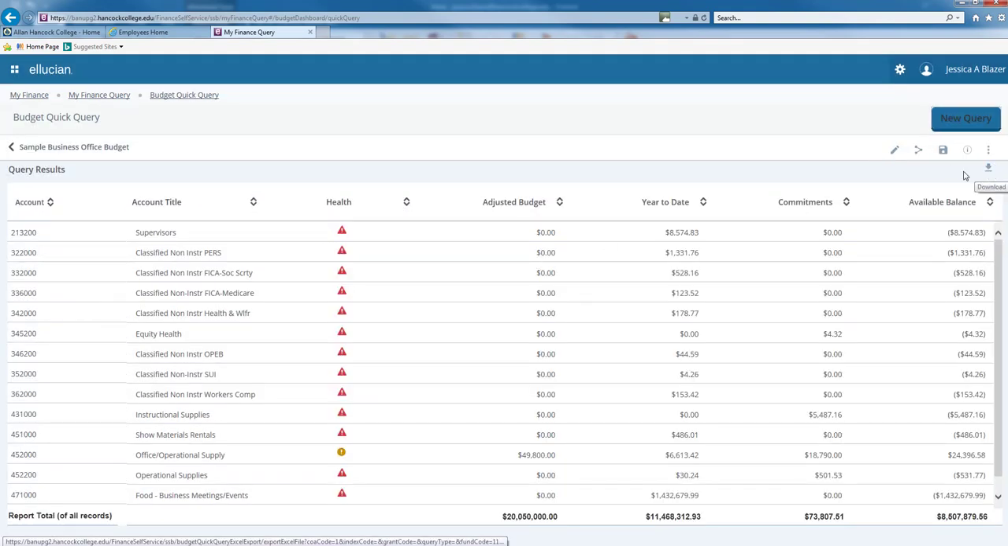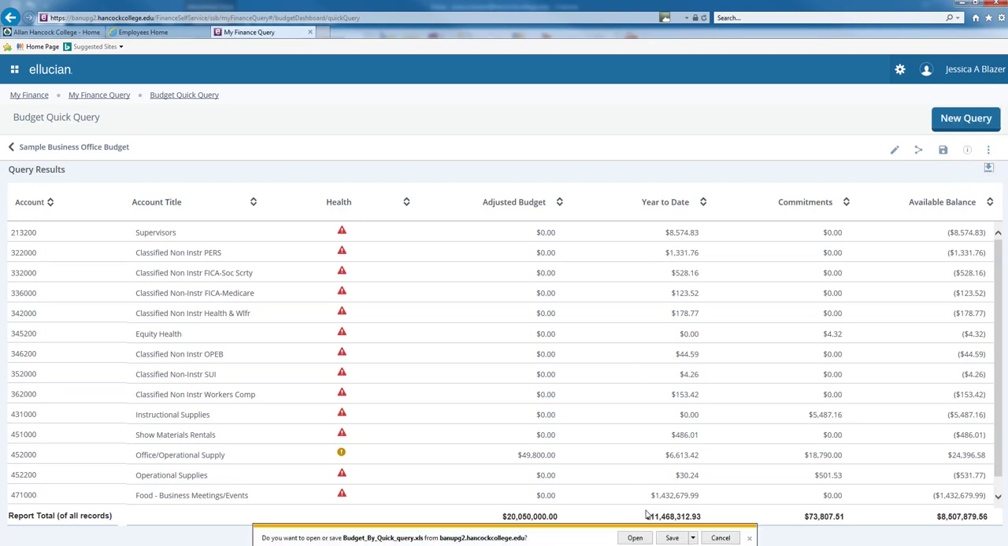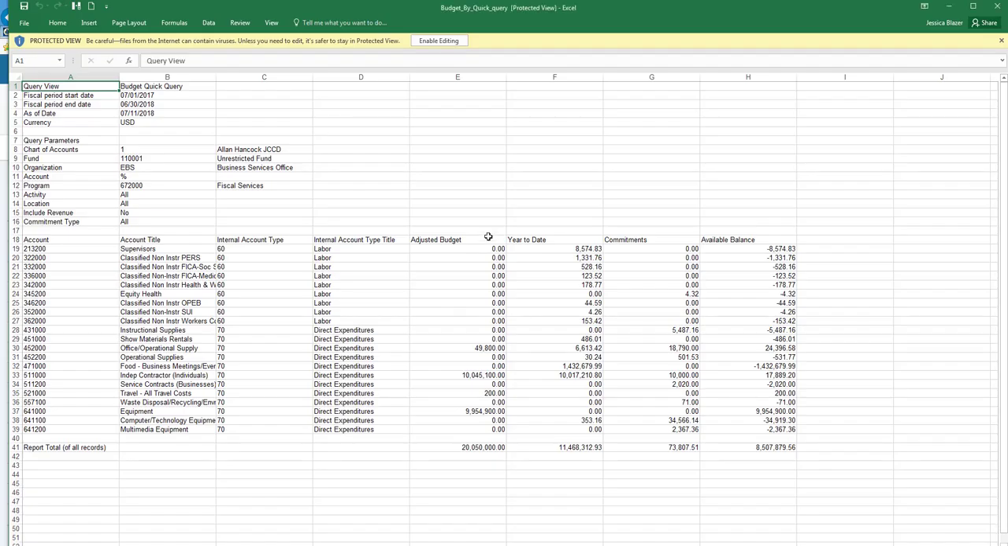If you need help walking through to create a new query, we have videos and written instructions on the Banner Finance portal page. Once you've pulled up your report, select the download button in the upper right corner. You'll be prompted to either open or save your report. Click on Open, and this brings it into the Excel format. Select Enable Editing,